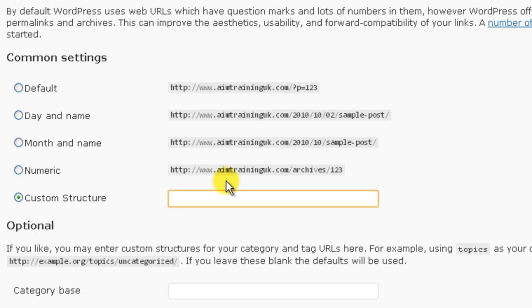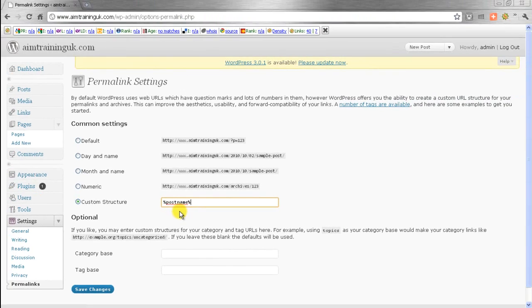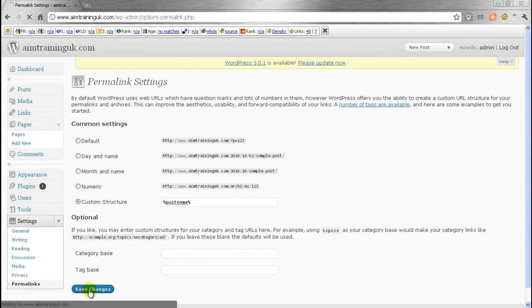percentage postname percentage. Now it's come up automatically for me. It probably won't for you if this is your first time installing something. It's just that my computer remembers these things, and so it's already come up because we use it all the time. So, percentage, post name, percentage. Really important to do that. And if we just save the changes,